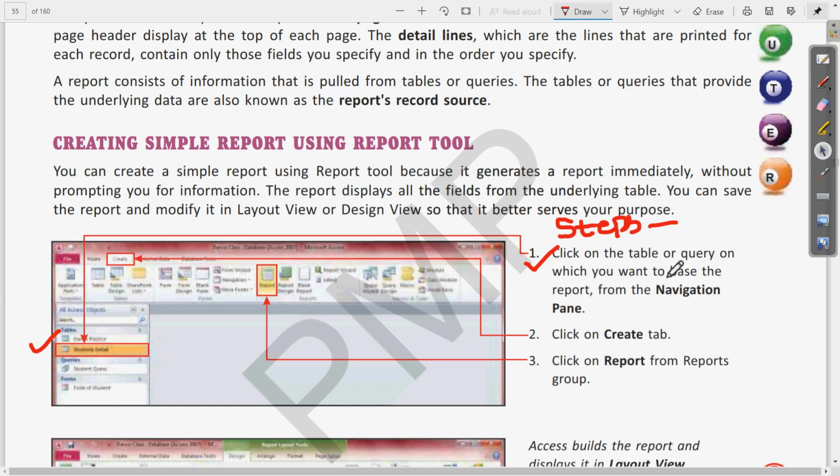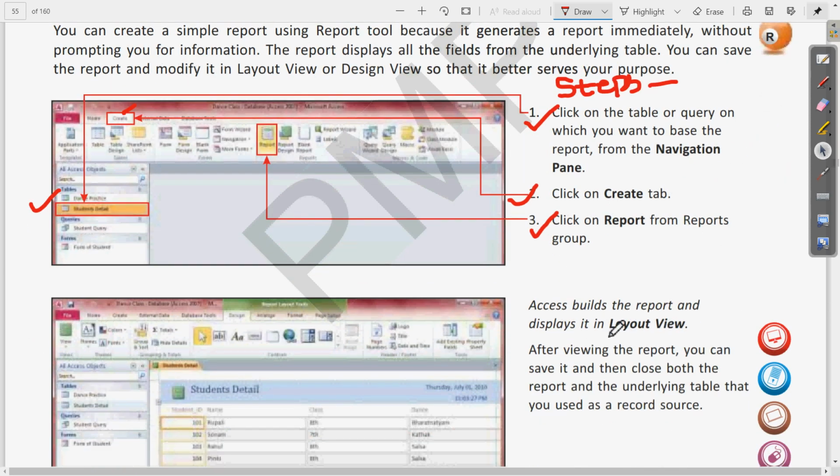Then the second step is click on the Create tab. Clear? Then the third step is click on Report from the Report group, and after that write this sentence also: Access builds the report and displays it in the layout view. So this was the second part of the answer of 3rd G.